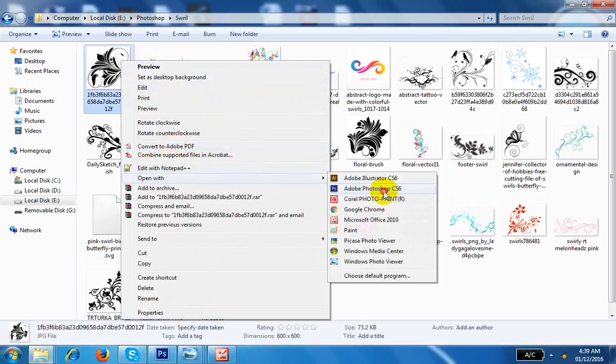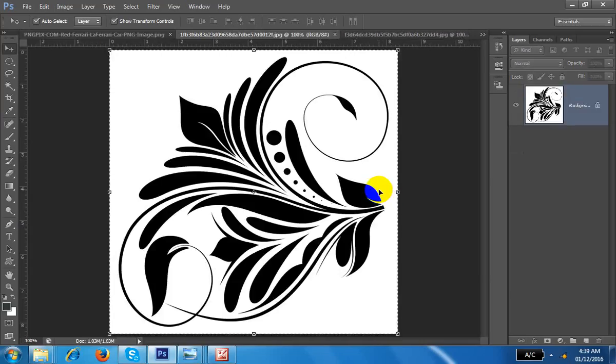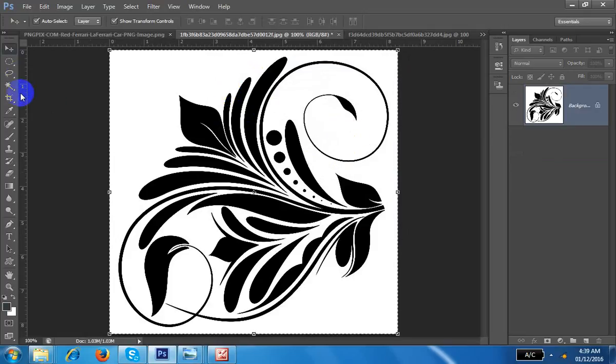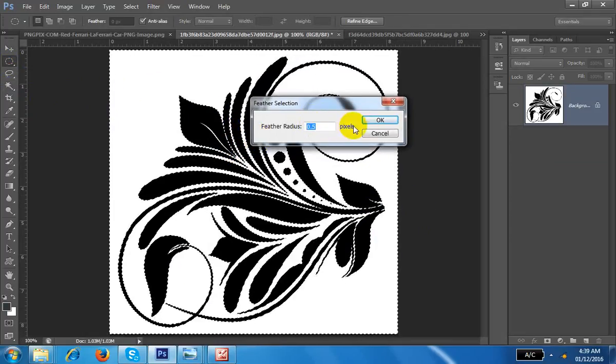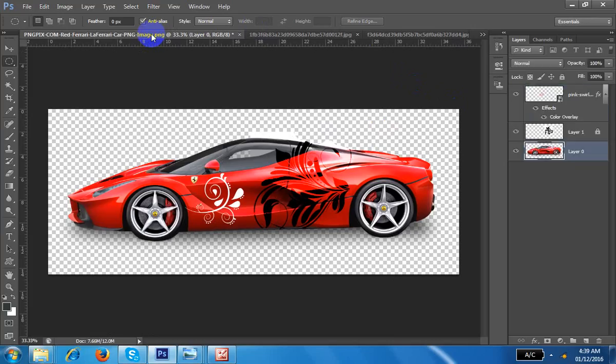Suppose open with Photoshop. This is your image, because this is the proper black and white. Okay, if it is not proper, make it proper. Control L and make it proper. It will become more black. Okay, after that what happens, you can click with the magic wand tool. Okay, right now all these portions are selected. Then go there, right click, make the feather only 1 and 0.5, not northern. Then Control X, you can find your layer and go there.